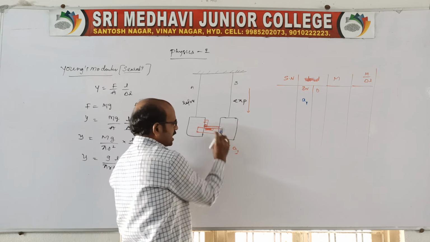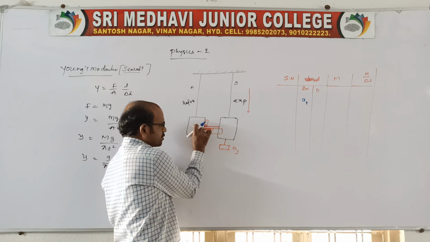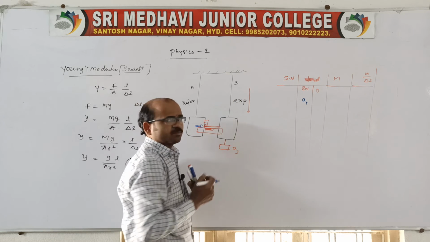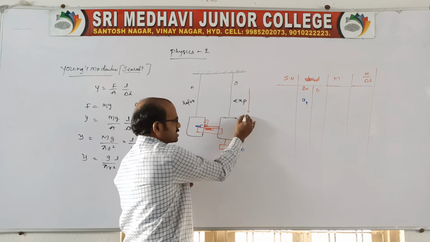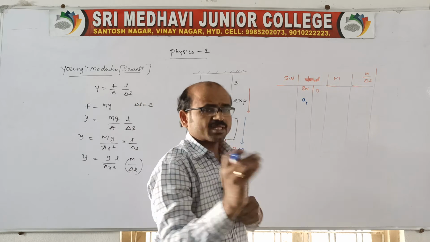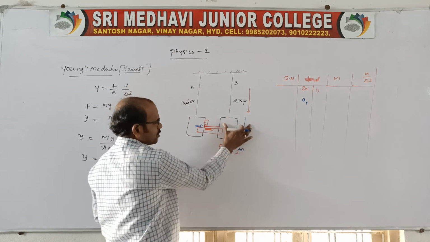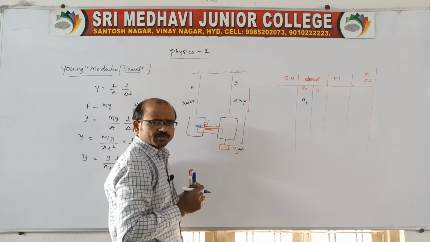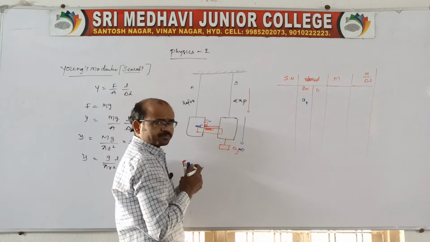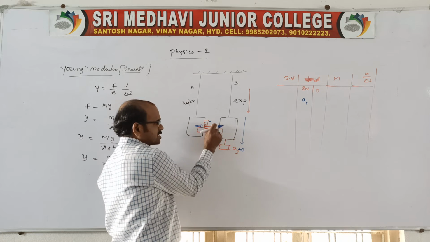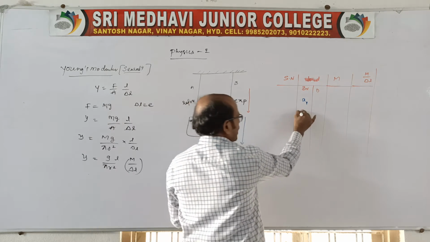Then again you make it horizontal by using a rock and pin. Here one pin will be there, so by using that pin, you bring it back into the same horizontal position, right? Again you add some more load, and again it stretches down. The load must be within the limit, that's what I mean. Again some more load is added, so it stretches down again, so again note down the reading by using the vernier, and again make it horizontal by using the rock and pin, and you note down the reading as A2.